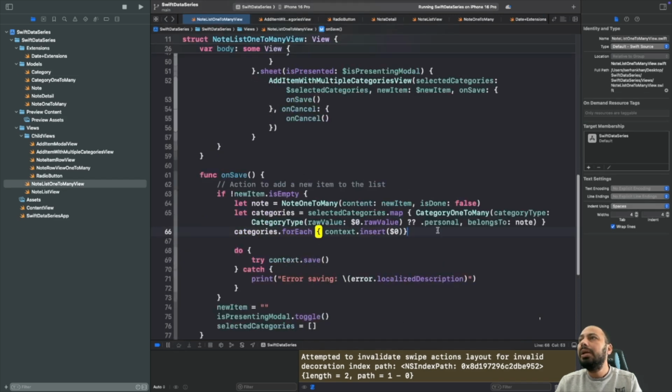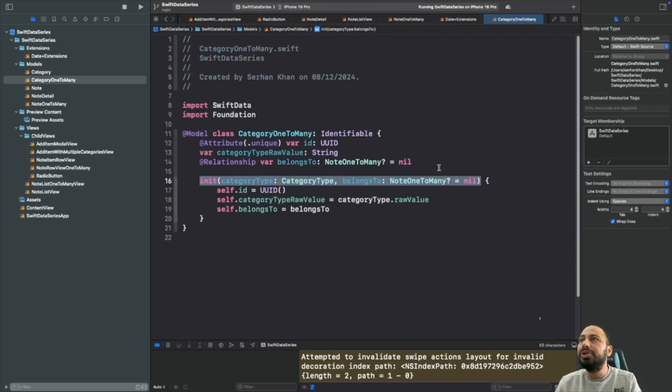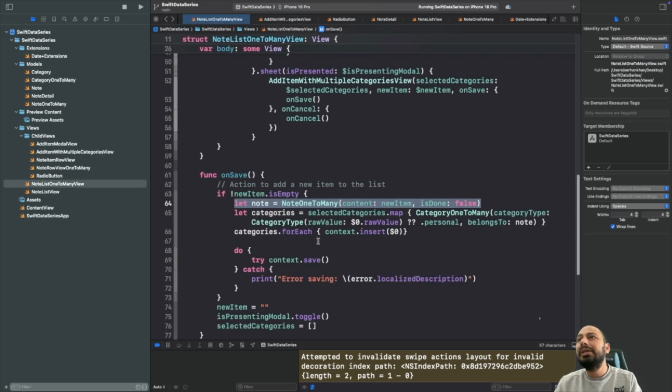an array. And if it's empty, we are setting it by default to be personal, and it belongs to this created specific node. So we are passing the node as a belongs-to object, so that the category one-to-many model is aware of the task that it belongs to. Okay, this belongs to this specific created node. So we are passing the instance, and